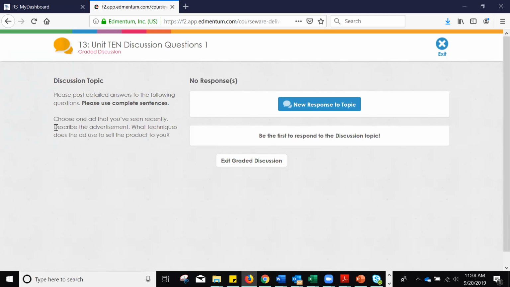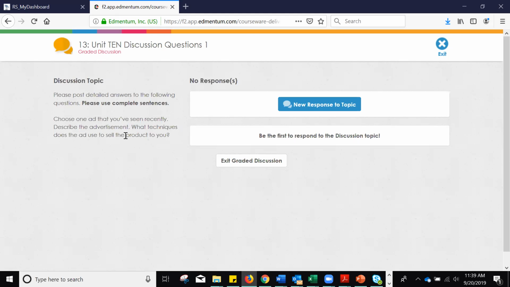So for this one, you want to make sure that you describe an advertisement that I've never seen before in so much detail that I can get a very good representation of what that advertisement is, what it was selling, and then what type of techniques it used,